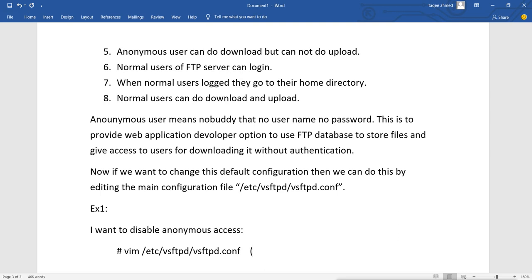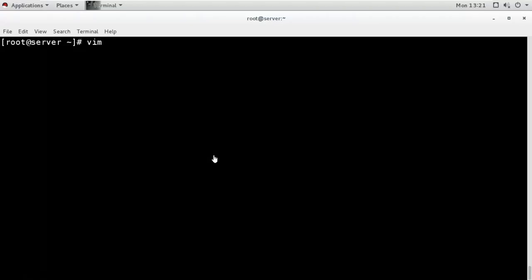I'm doing what? I'm opening the file. Now when you open the file, you will see what the default settings are, and you can change them. So I'll show you what is the default configuration we have in this default configuration file. So you open the configuration file here, you will see these settings.